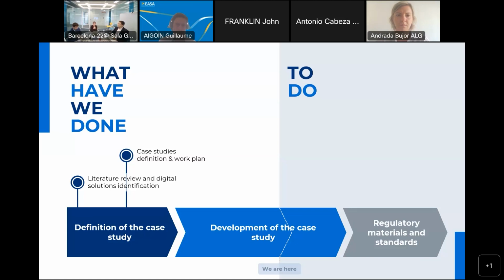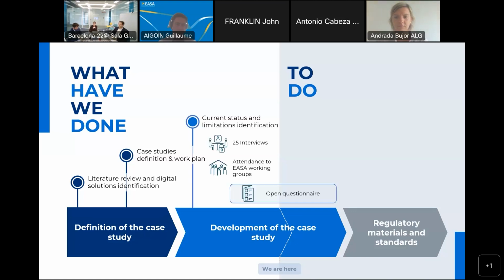In this case, we conducted this literature review on FDM in particular, seeing what papers and also the regulation, what the environment told us about FDM. And then with that, as well, the initial solutions that we find on the market that could solve the challenges that we have. In this case, we define a set of initial case studies, and we started what we call the development of the case study, that was mainly focused on